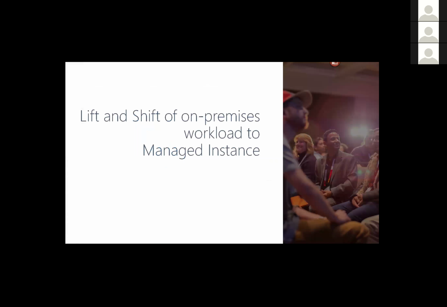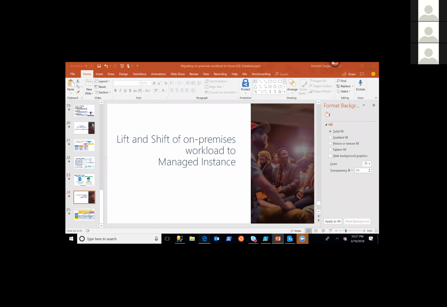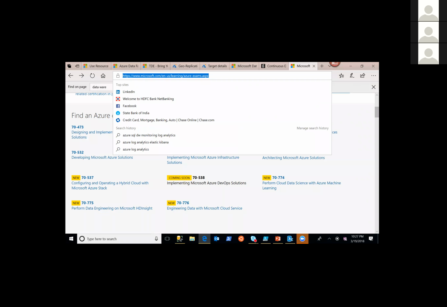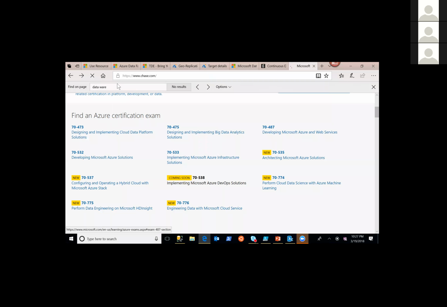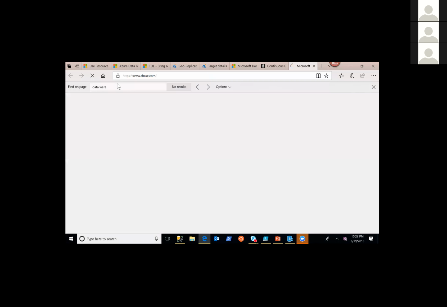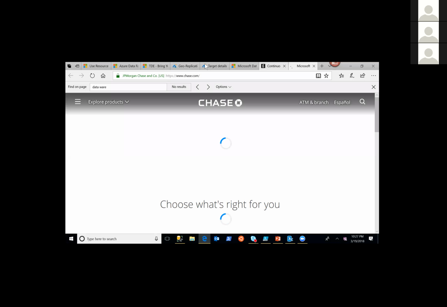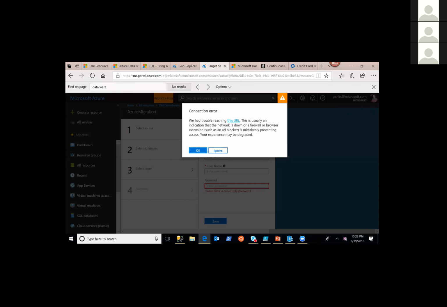Let me show you quickly how the Azure Data Migration Service looks. Let me quickly go to my Azure portal. We are running short on time, so I'll quickly show you the service here.